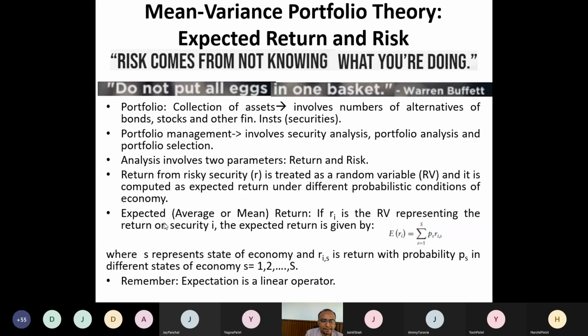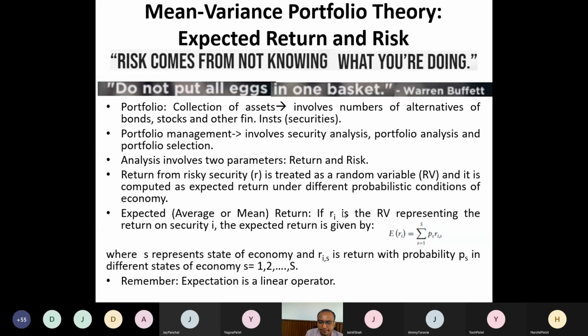Okay, so let me define this expected return. Now we do not write it as a return, but we write it as an expected return, which is average or mean. And let us say we have so many securities in our portfolio, right? I say R_i is the return associated with my security i. So let me concentrate on security i, and I have such n number of securities in my portfolio, whether it is a risky security or risk free, right? But if it is a risky security, we need to model it with a random variable, but for risk free, this R_i may be deterministic. Okay, right now let us assume all are risky securities.